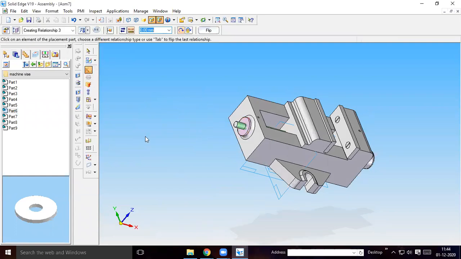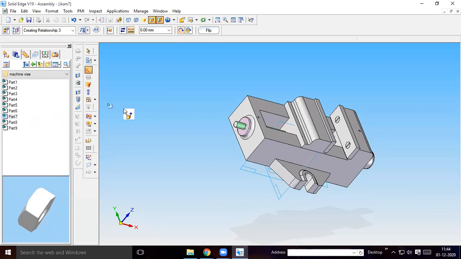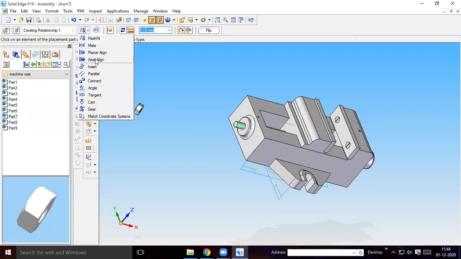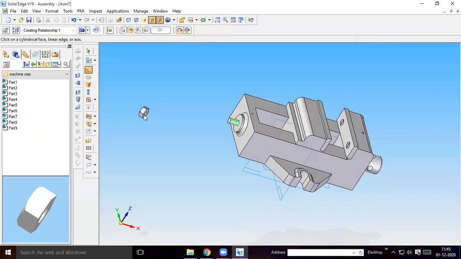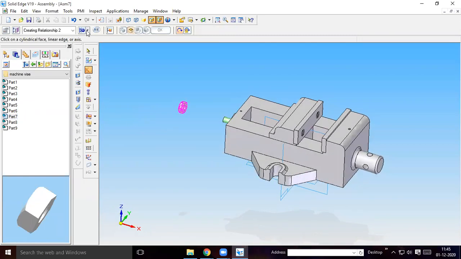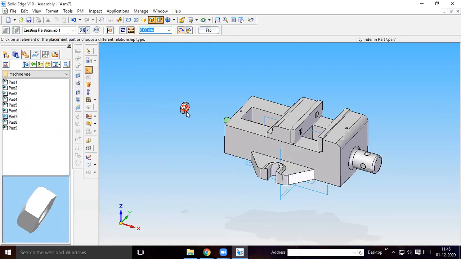Okay, then you bring the nut, part 7 nut. You can place it like this, rotate like this and bring it here. So you first use axial alignment of the nut thread hole and this one. Then flush fit of the bottom surface of the nut.